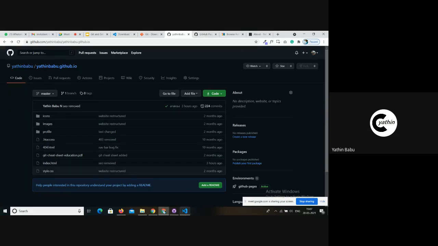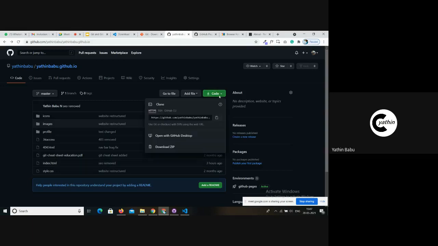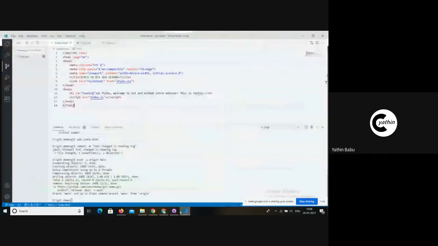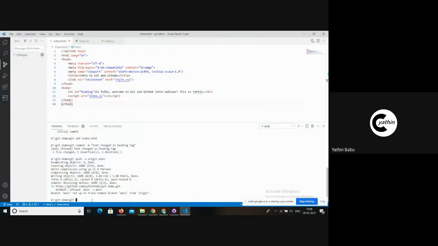In order to clone this remote repository into our local machine, as I have already told you, you just need to click this link, clone the URL, and on pressing enter, the entire remote repository will be cloned into the directory that you are pointing to.